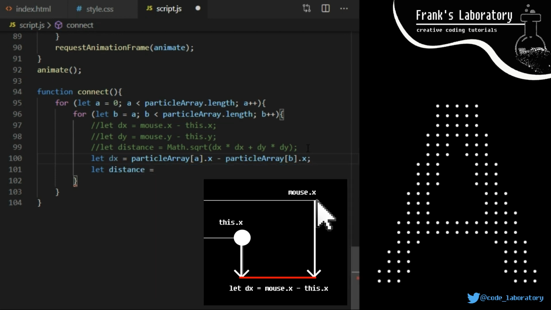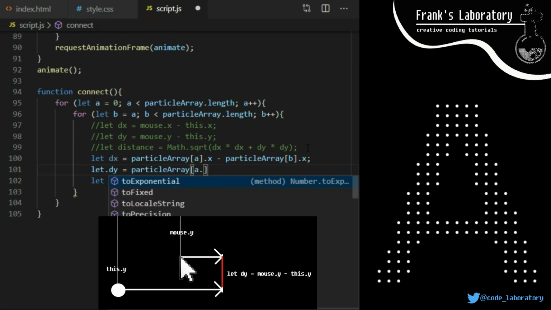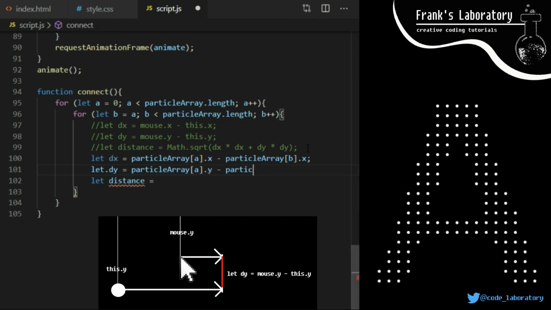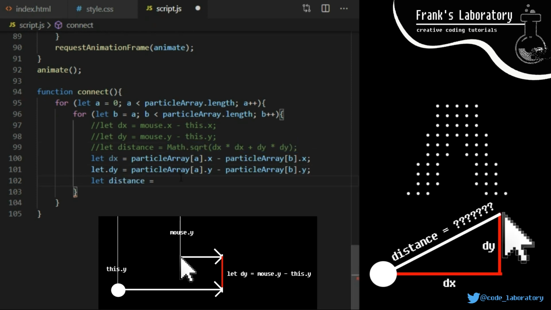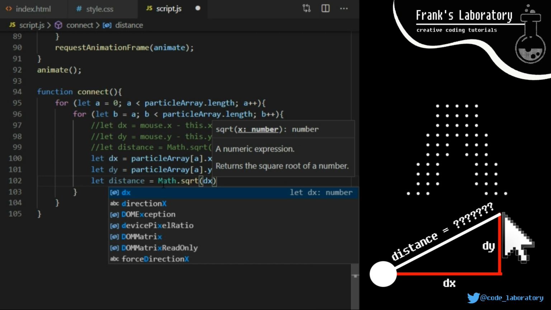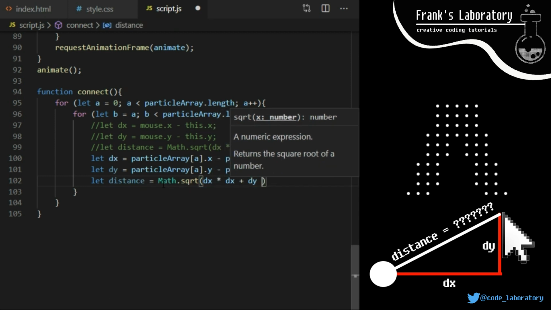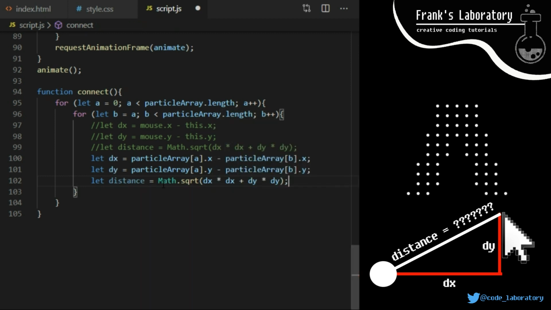A and B variables will be changing as we cycle through both for loops, so this code will compare every particle against every other particle by the time the for loop has finished. Dy will be particles array A y minus particles array B y. Now we have two sides of imaginary right triangle, and all we need to do to get distance between these two particles is to calculate hypotenuse, so math square root dx squared plus dy squared.